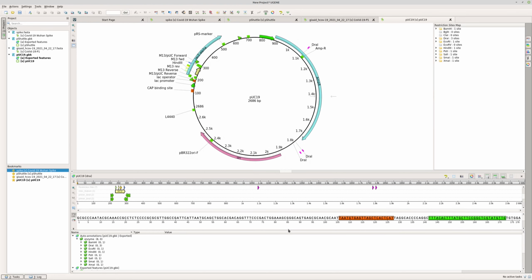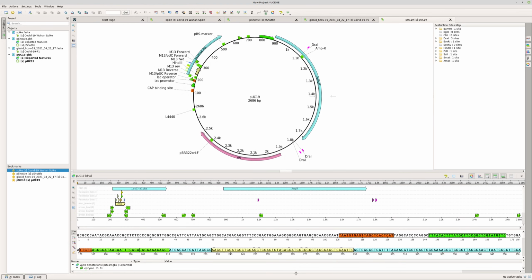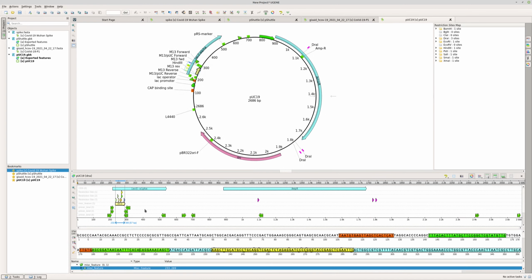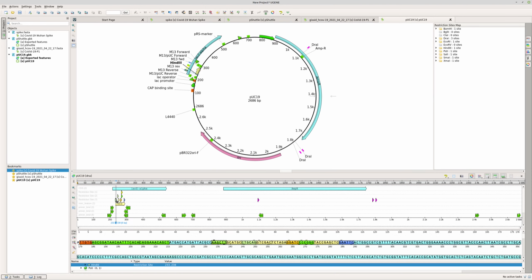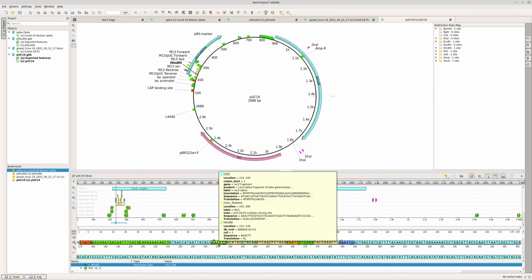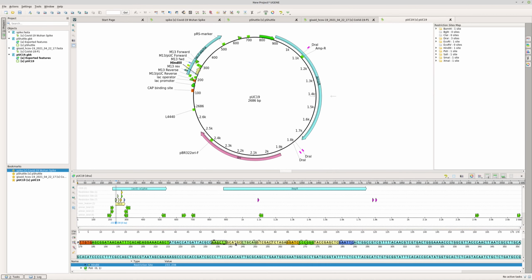So generally, what we would want to do is identify this multiple cloning site here, and now we can see it's definitely sort of highlighted in this region. We can also go and look at these individual sites here. So now they're annotated, and you can see how they are color coded. So this one is HindIII. This one over here is